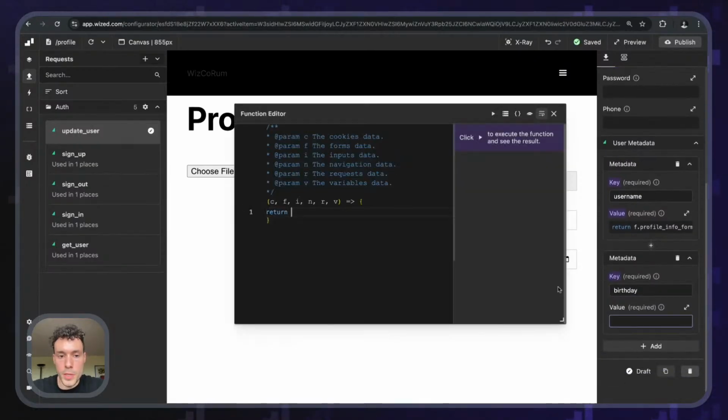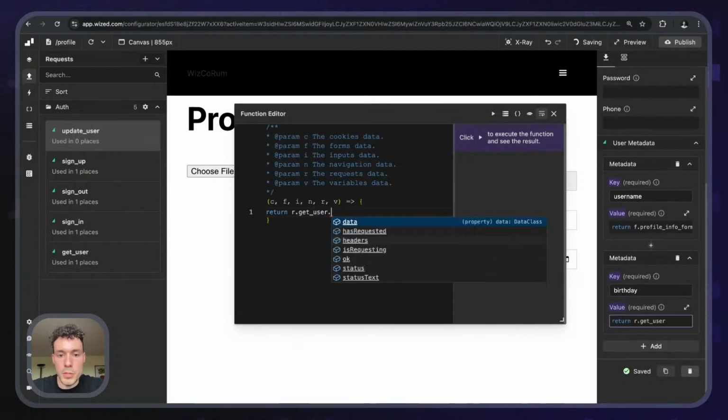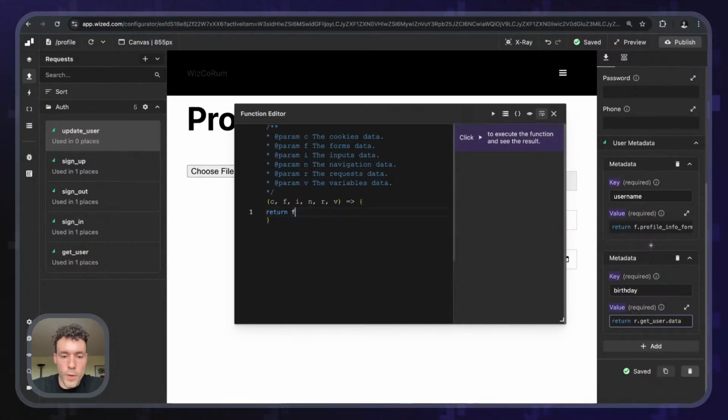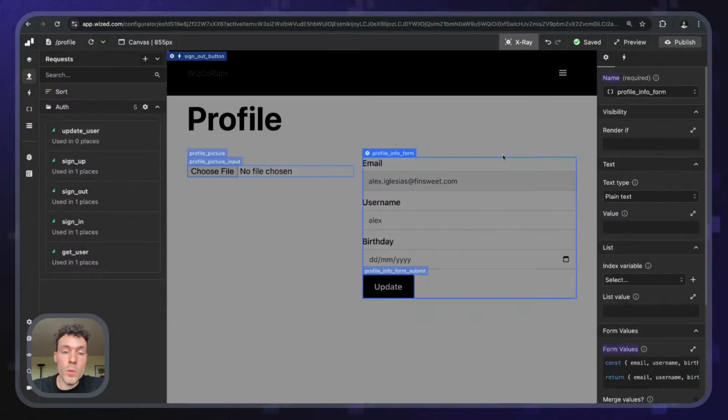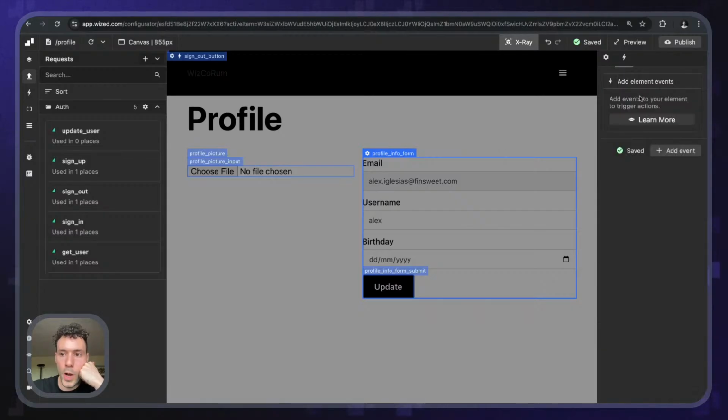And this birthday will be r dot get user dot data. No, sorry, not get user. F dot profile info form dot birthday, like that. So we're grabbing the birthday field from the profile info form. And the next thing, again, is that when we submit this form, we want to call the update user property. So let's do this. Profile info form. When we submit it,